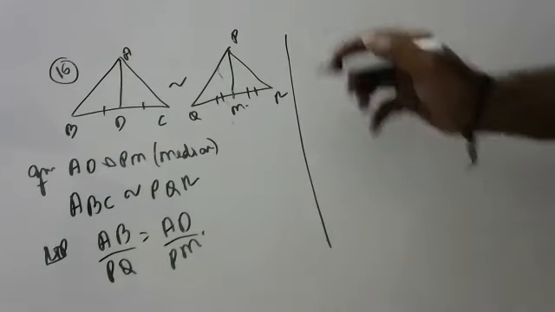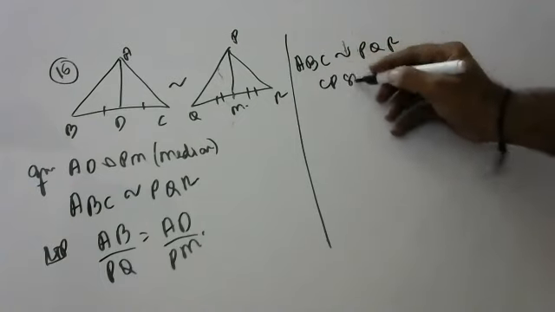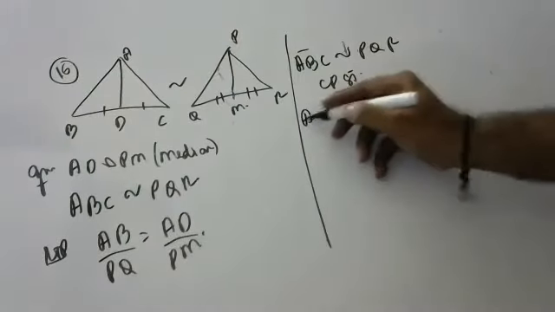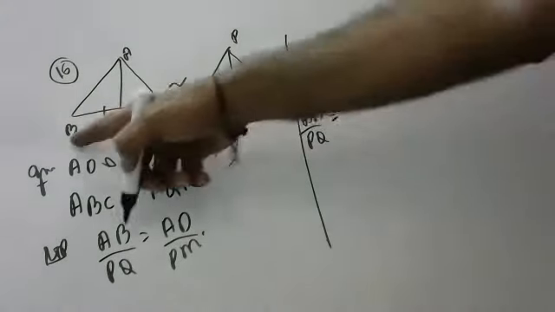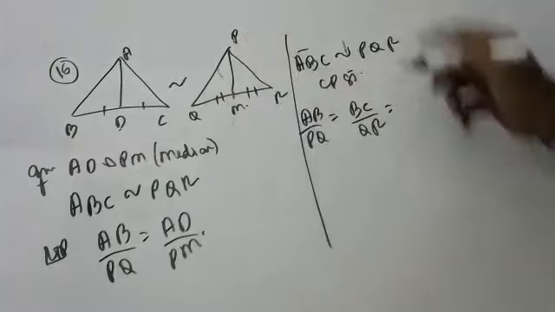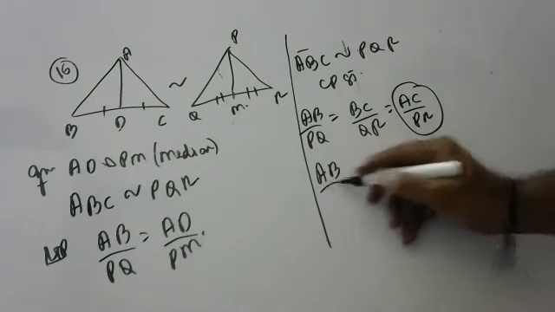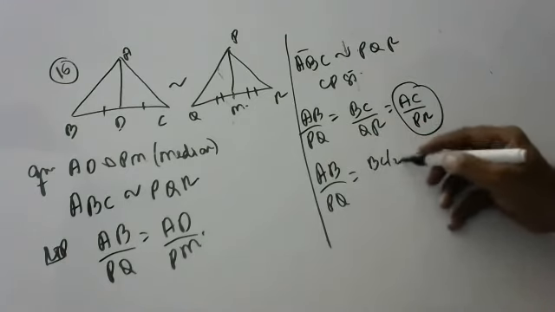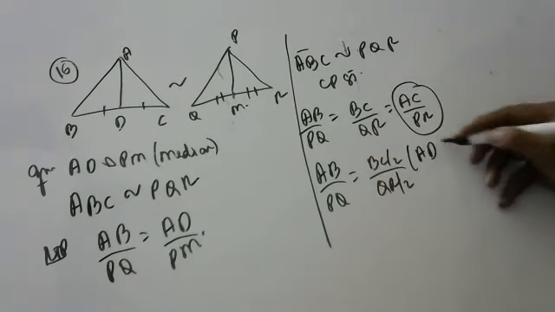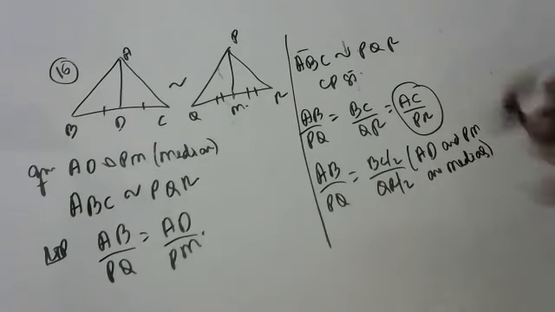Okay, children, it is already given that ABC is similar to PQR. Tell me CPST, children. Anyone? AB by PQ is equal to BC by QR is equal to AC by PR. Okay, this last one is not needed. Leave it, children. Now, AB by PQ is equal to, can I write BC by 2 over QR by 2? Yes, sir. Why can I write? Because they are medians, AD and PM are medians. If they didn't say it was a median, I don't have any right to write like that.